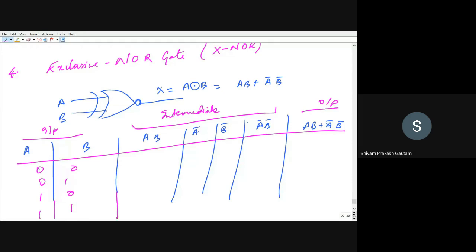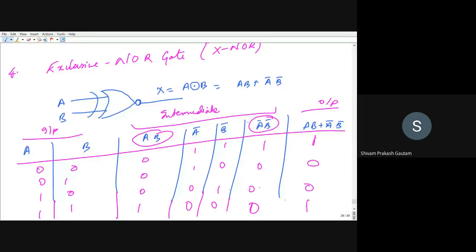Okay, so A multiplied by B, that is 0 into 0, so this will be 0, this will be 0, this will be 0, this will be 1. Let me know if I make any mistake. Here I want to write A bar, so this will be 1, 1, 0, 0. B bar is 1, 0, 1, 0. Now I want A bar multiplied by B bar, that is 1, 0, 0, 0. Sorry, here also 0. Now I want AB plus A bar B bar. So AB is this, A bar B bar is this. We have to add. So 0 plus 1 is 1, 0 plus 0 is 0, 0 plus 0 is 0, 1 plus 0 is 1. So this is my truth table.